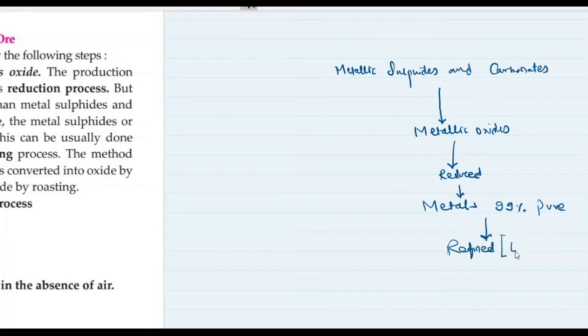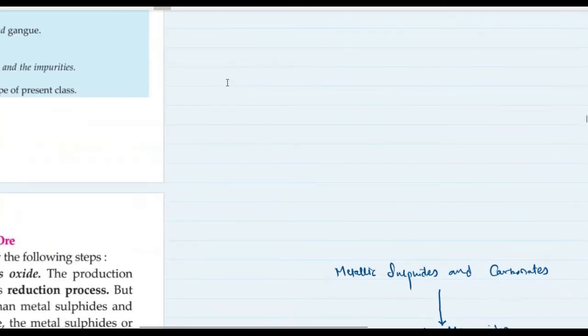Okay, so this refining is known as electrolytic refining, and we get the result as 100% pure metals, right? So the steps which were before these were what? Before these we did enrichment or concentration